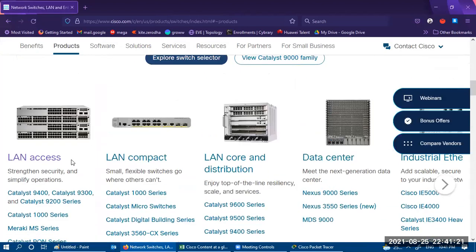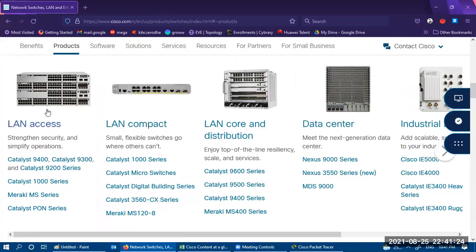Here you can see we have a big series of switches. These are the LAN switches: Catalyst 9400, Catalyst 9300, Catalyst 9200, Catalyst 1000 series, Meraki MS series, Catalyst PON series. These are the LAN compact, small flexible switches that go where others can't: Catalyst 1000 series, Catalyst micro switches, Catalyst digital building services series, Catalyst 3560-CX series, Meraki MS 120-8.